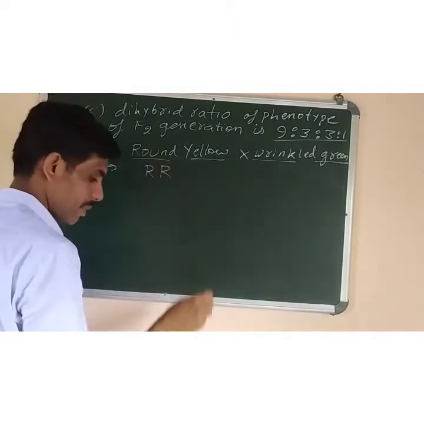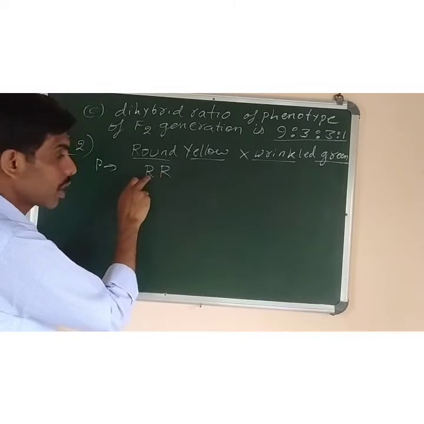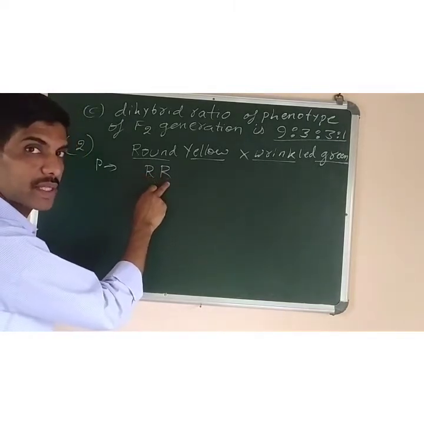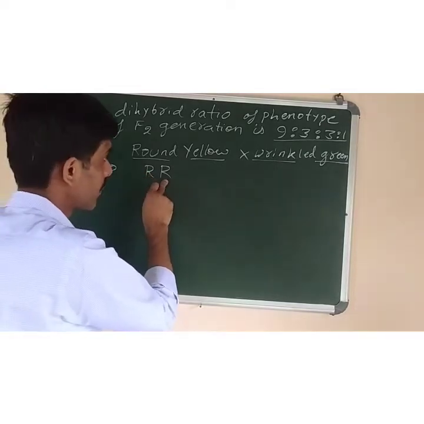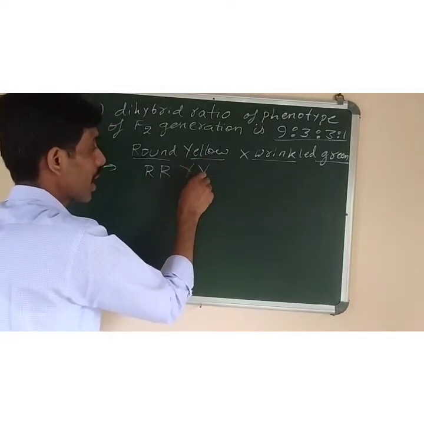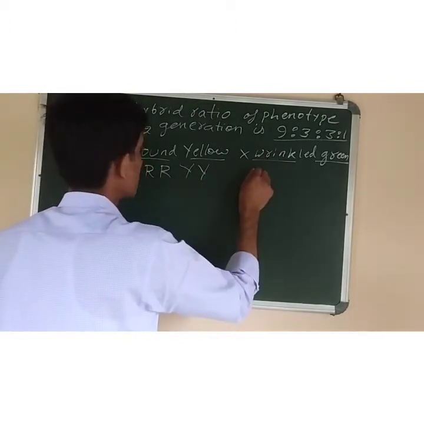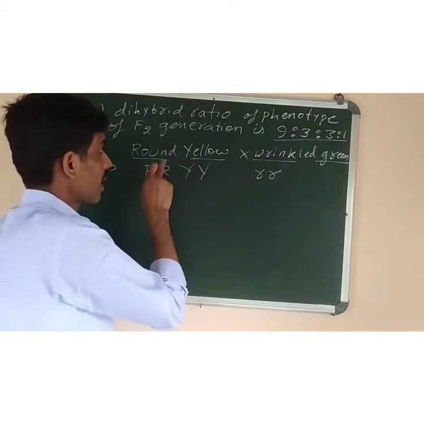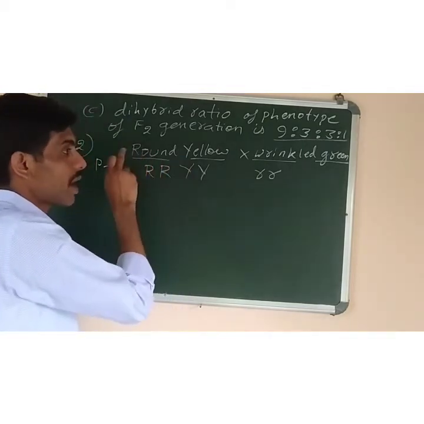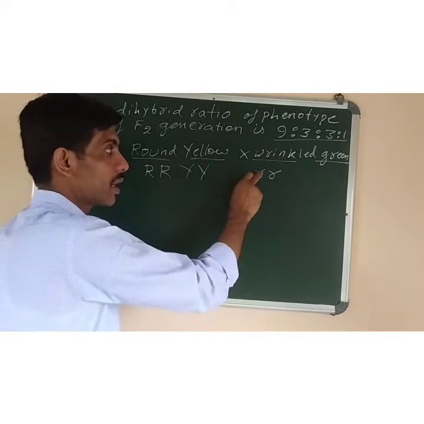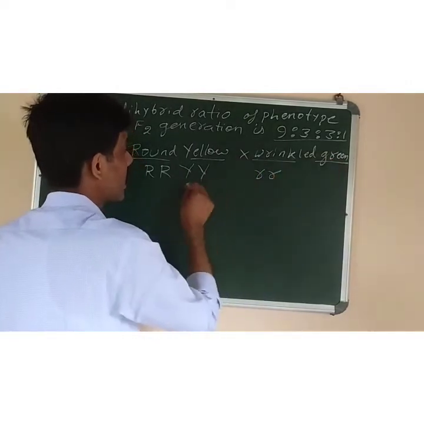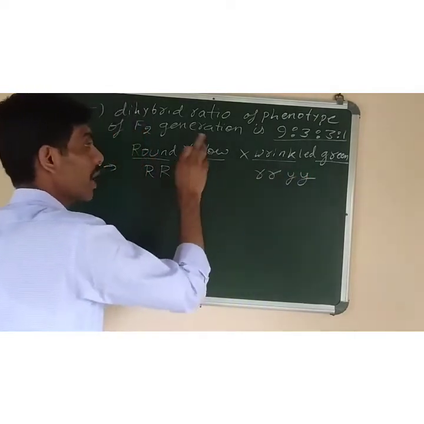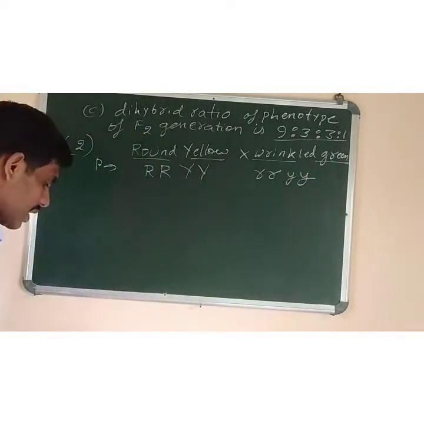Round is given there. A homozygous. Homozygous means both will be capital. If heterozygous is there, one capital, one small r will be there. Y, both capital Y will be there. Wrinkled also, small r, the same alphabet we have to use. If we are using capital R for round, we have to use small r for wrinkled, not W for wrinkled. Okay. And for green, we cannot use G. We have to use a small y, because here we have used capital Y for yellow. So this is the parental generation.